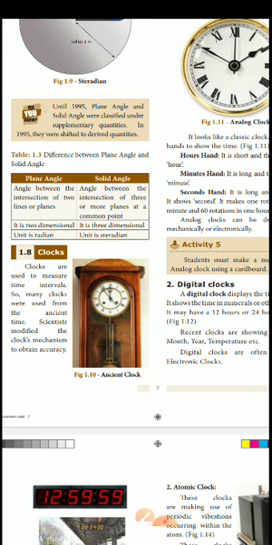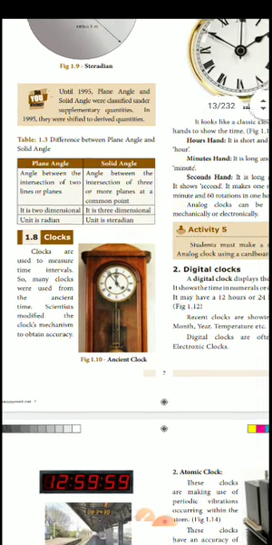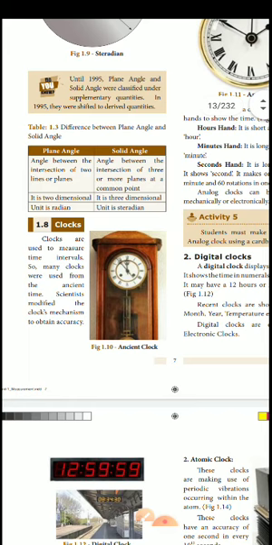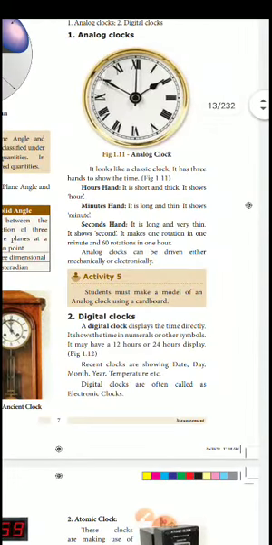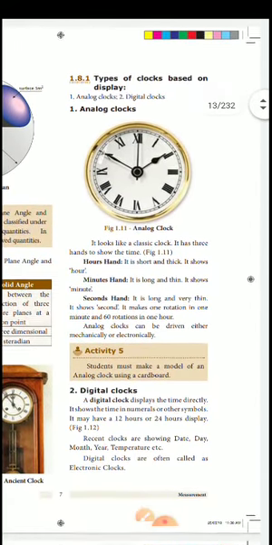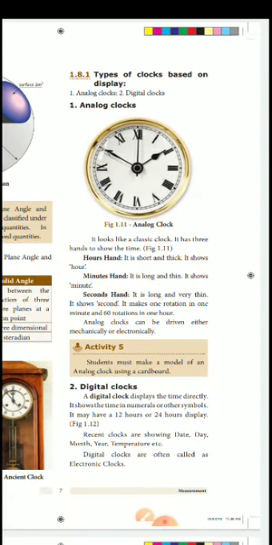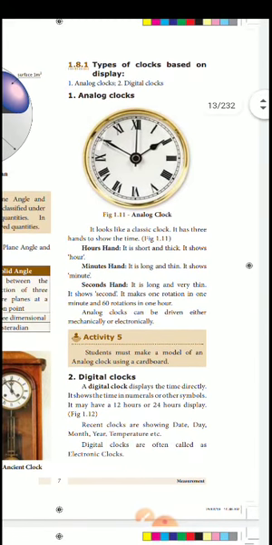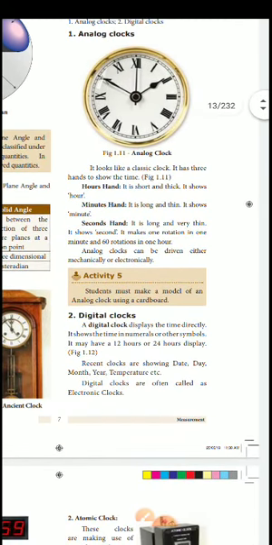Easy only. Next, the clock. There are old clocks and Asian clocks. You saw that there were many intervals, and many clocks were used from ancient times. So scientists modified them to improve accuracy. There are two types of clocks. Digital clocks, which everyone now has, and analog clocks, which we have in our homes.